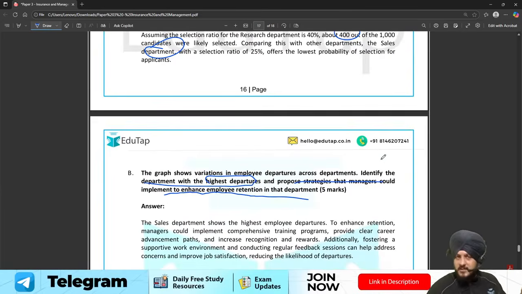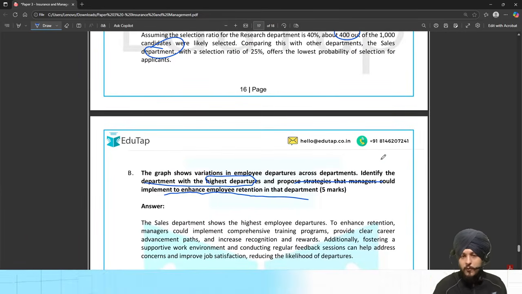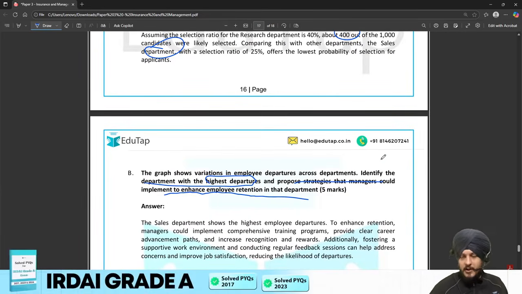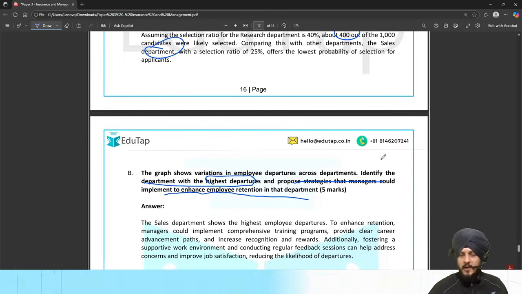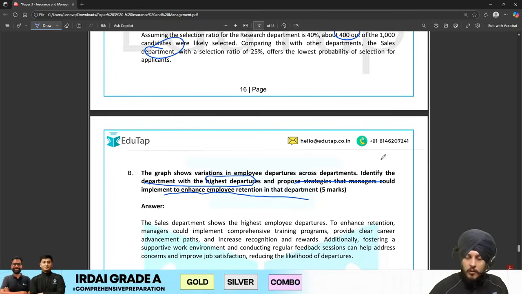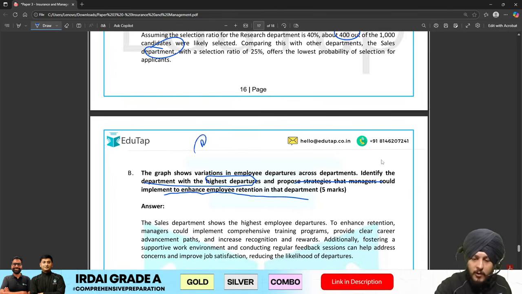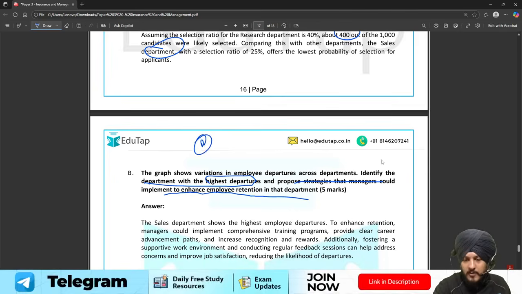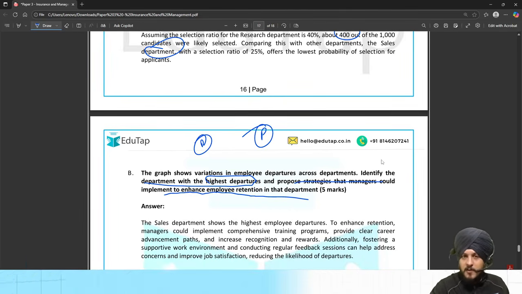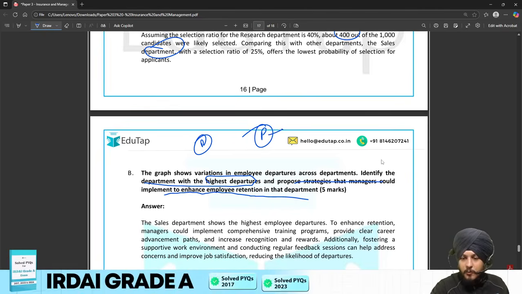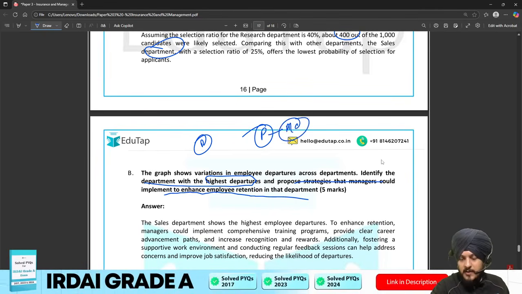Now what strategies can you go for? For example, you can go for, I would say, the reward and punishment approach, right, with which you can retain the employees, and at the same time you can maintain the productivity also. If they are performing well, you can reward them, right? If they're not performing well, you can, I would say, punish them, not harshly, but a bit of punishment can be there, so that the productivity and accountability can also be maintained, right? So I would say the reward can be a good way.